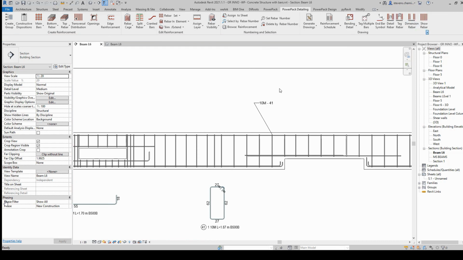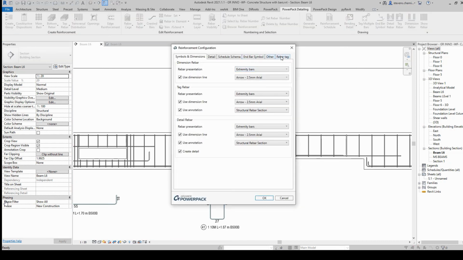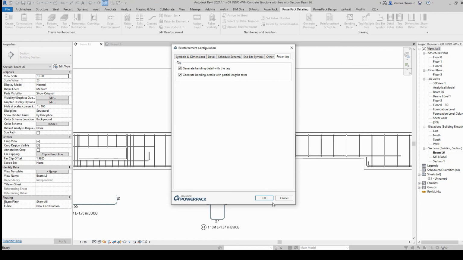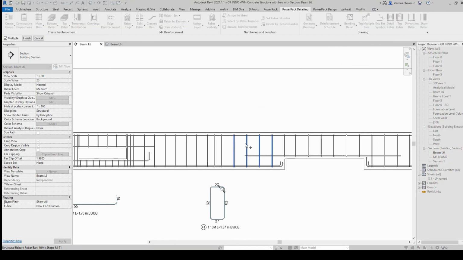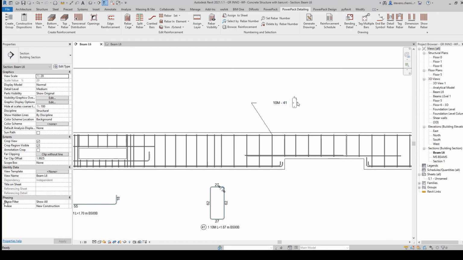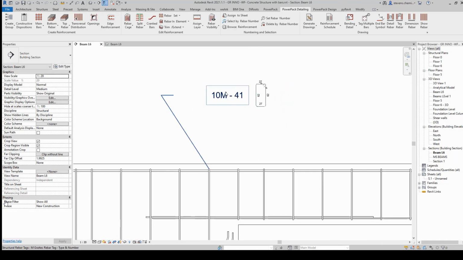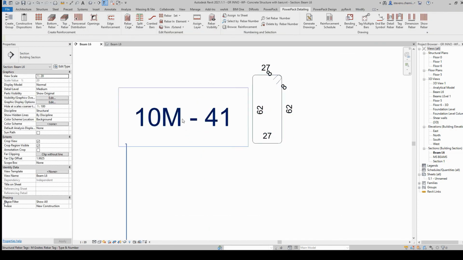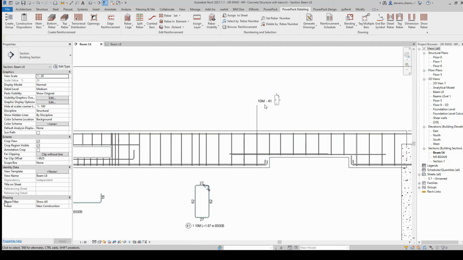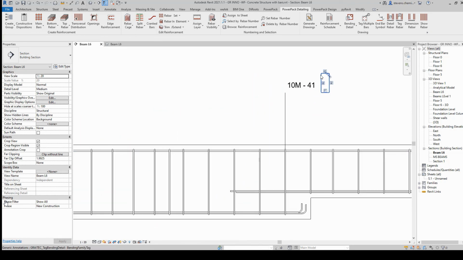So just here also another use of those bending details: they can be placed as part of a tag as well. You see here, so it's possible for the user to create a tag. Here the tags are native Revit families, and we can complete those tags with a small bending detail as well.